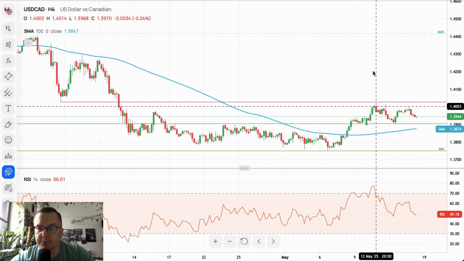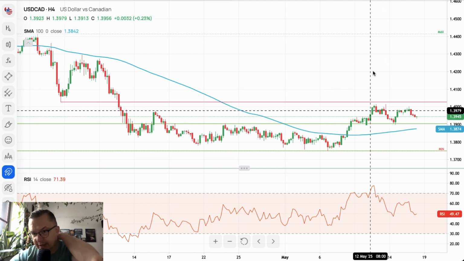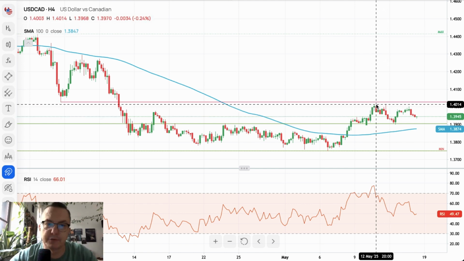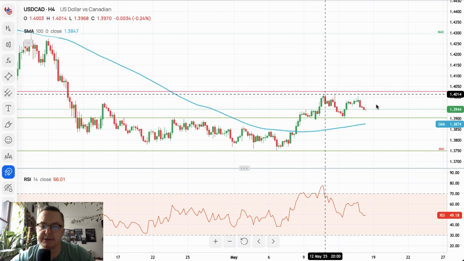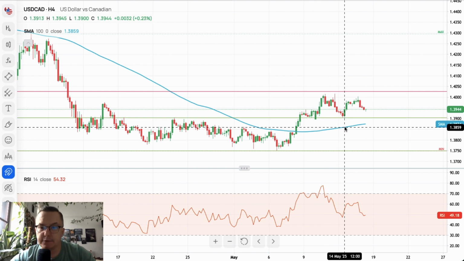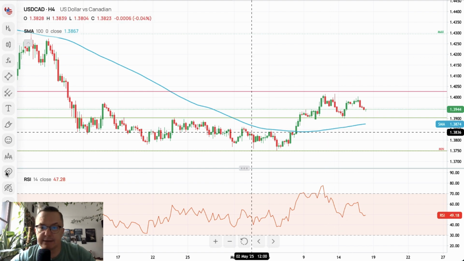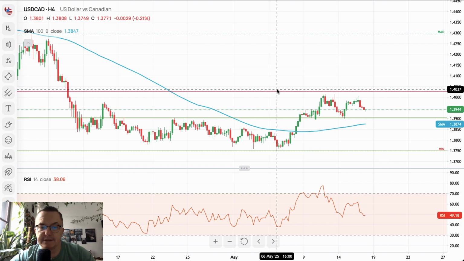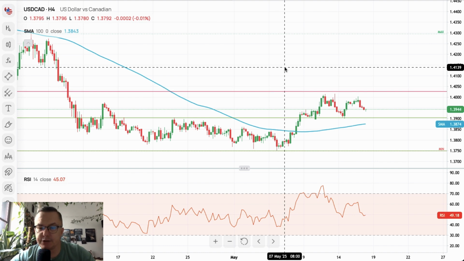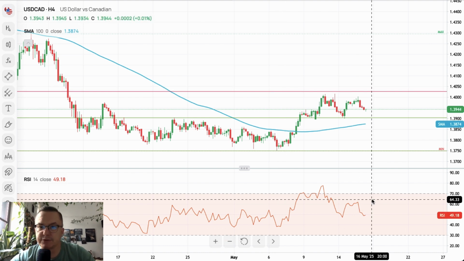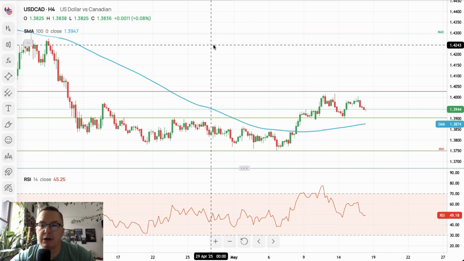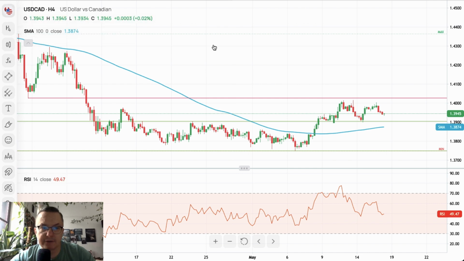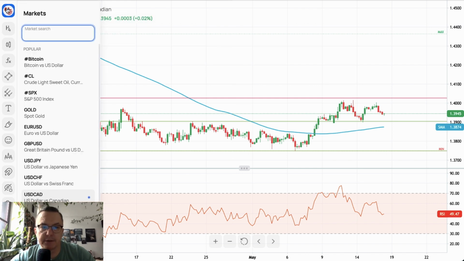1.4026. The bulls tried to break above this level twice, but they failed. They made it towards 1.4014 and then reversed lower. For now, we are in the internal range, with very limited market movements between the technical support and the technical resistance. So the situation here is quite unclear, neither for bulls nor for bears. Momentum 49 points, which is neutral momentum. We are waiting for the trigger on the US dollar versus the Canadian dollar.